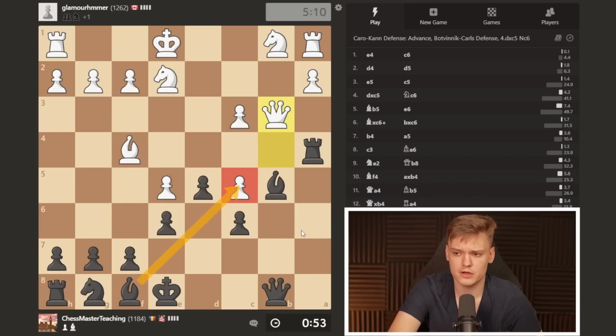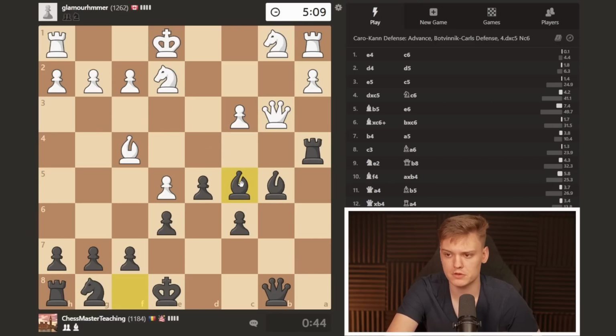I also want to quickly check whether there's anything better, like let's say unpinning, so we can threaten again bishop e2. The biggest problem that I see with unpinning is that it kind of allows him to play knight d4. So bishop takes on c5 is not only a very natural move, but it's also kind of prophylactic against knight d4, because we can just take it. So I think really